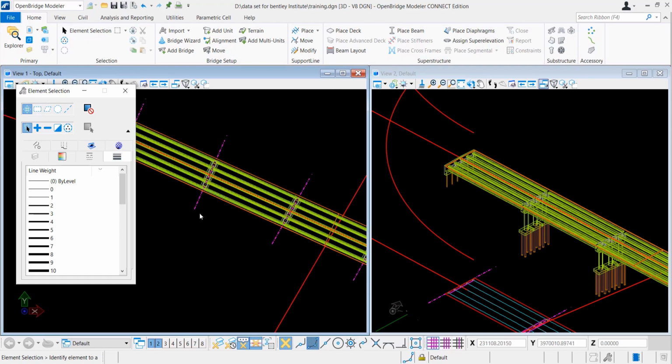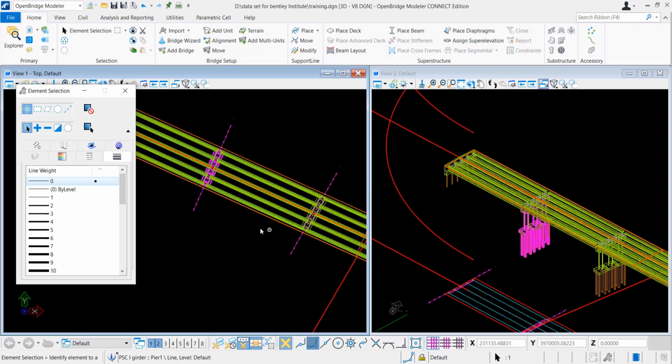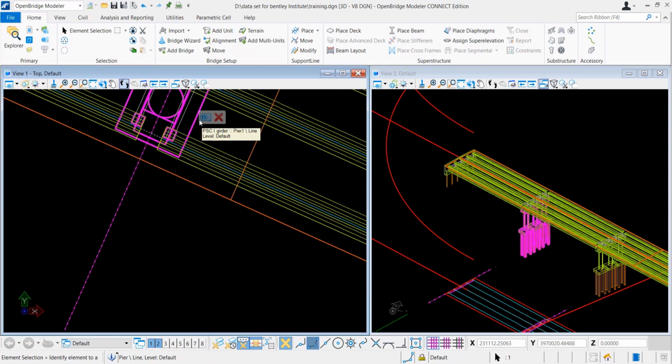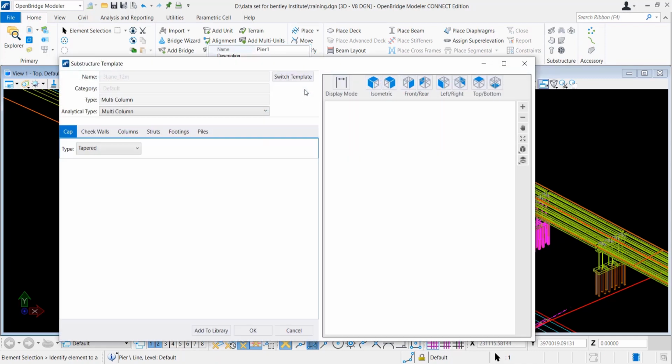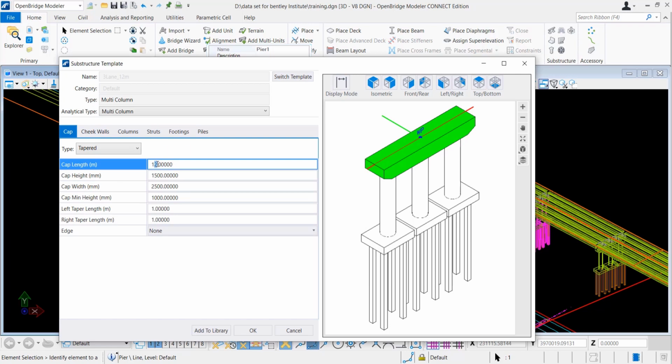To update anything, it's very easy. You just select that element and right click, and you will get options here, properties, right? This properties option, so no need to go to right click, just hover on it for a second and it will open that option, and then you change this cap size. So you can see that though we have defined it through one template, we can immediately change those things.